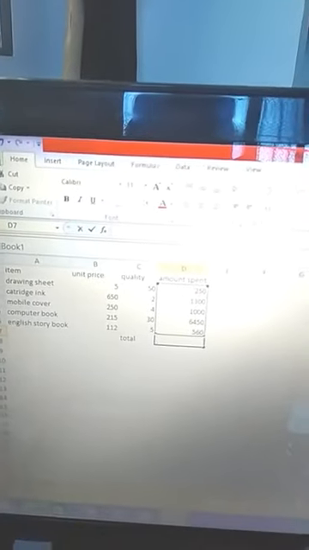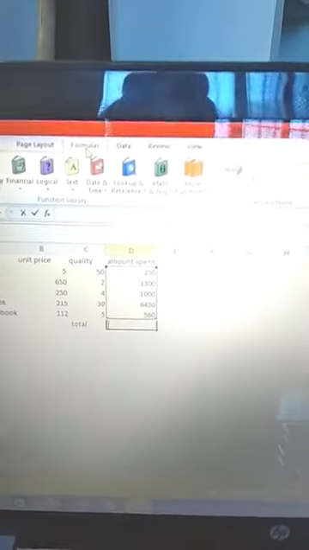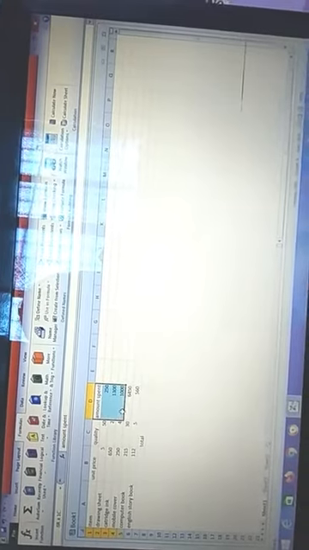You can see in the title bar there is Formulas. We have to click it, and when we click there are too many options open. Just see that. But firstly we have to select the cell.